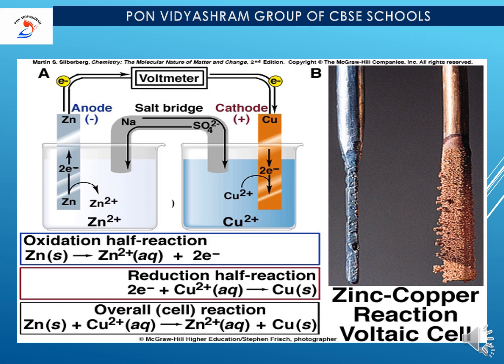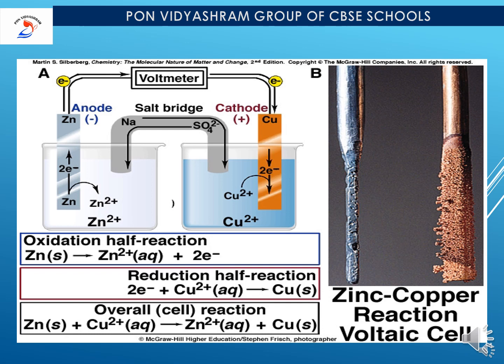Now in the left hand side, the oxidation reaction will carry over. Why? We have taken a zinc electrode, so the zinc electrode is going to release the electron, whereas in the right hand side, a copper rod is there as an electrode. The reduction reaction will occur because the electrons released by the zinc electrode will be gained, absorbed by the copper electrode. So here the reduction reaction will occur. Now what will happen after this? Once the zinc starts releasing its electron, what will happen?